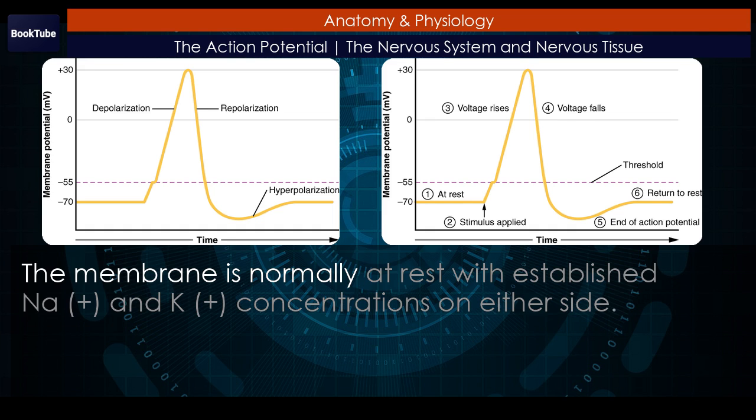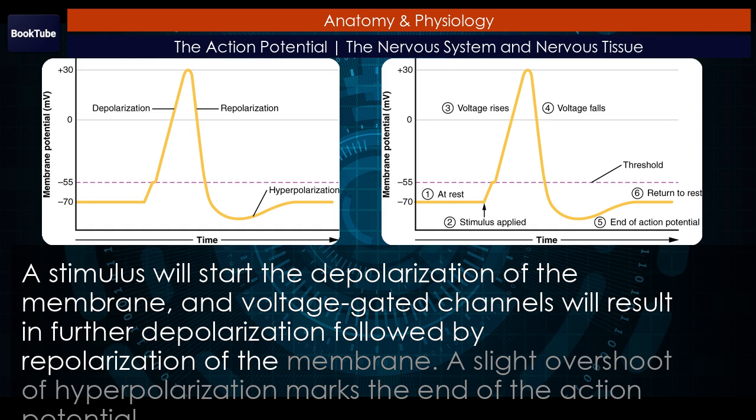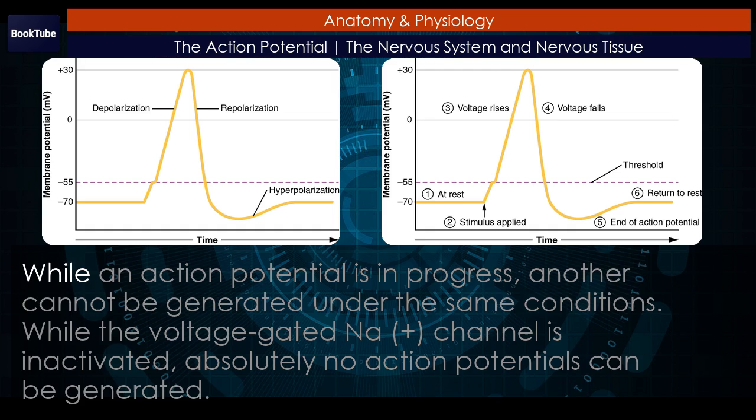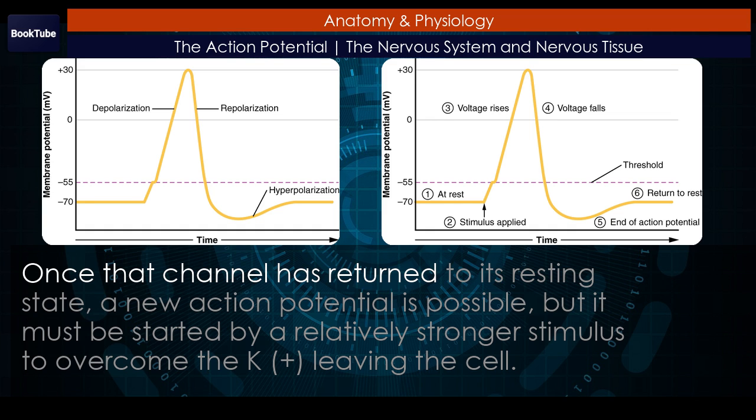The membrane is normally at rest with established Na+ and K+ concentrations on either side. A stimulus will start the depolarization of the membrane, and voltage-gated channels will result in further depolarization followed by repolarization of the membrane. A slight overshoot of hyperpolarization marks the end of the action potential. While an action potential is in progress, another cannot be generated under the same conditions. While the voltage-gated Na+ channel is inactivated, absolutely no action potentials can be generated. Once that channel has returned to its resting state, a new action potential is possible, but it must be started by a relatively stronger stimulus to overcome the K+